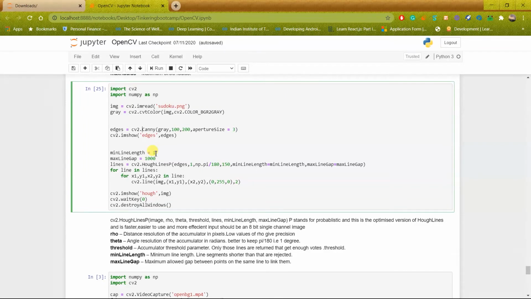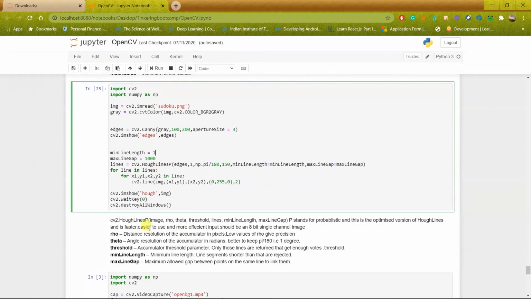Whatever value you pass here is kept as the minimum length of the line which would be detected, so any line with length below this parameter would not be detected. And the maximum line gap is the gap present between two successive lines.